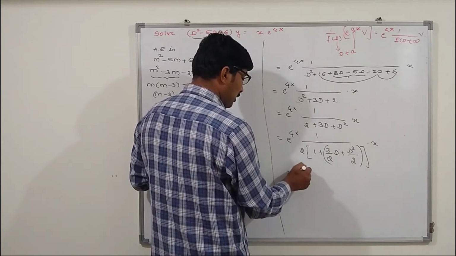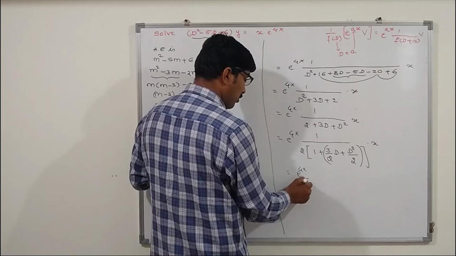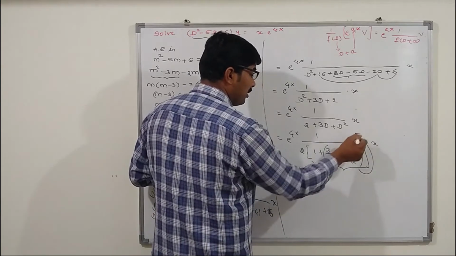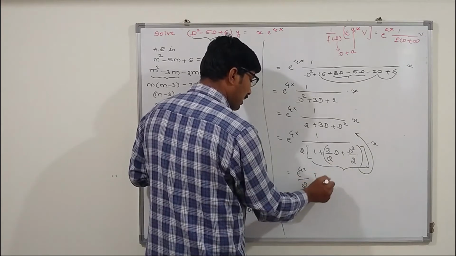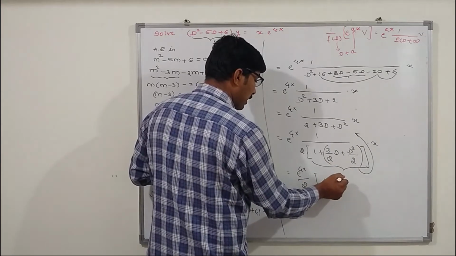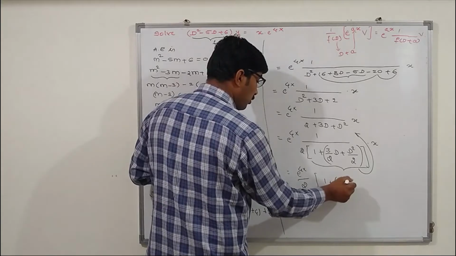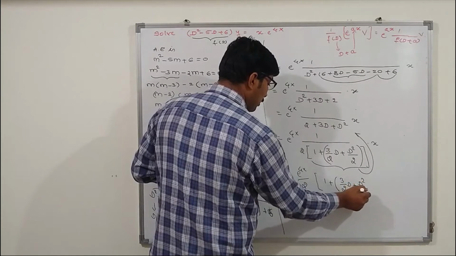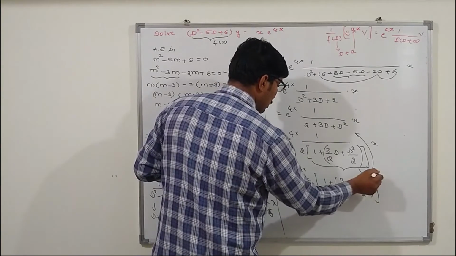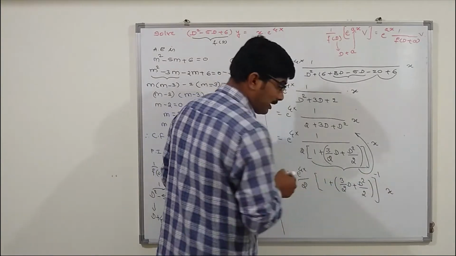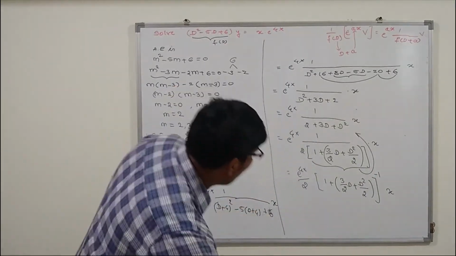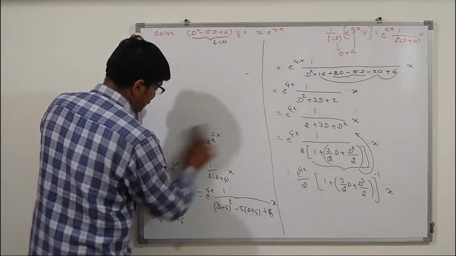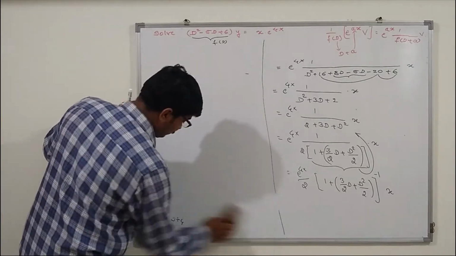This is equal to e raised to 4x divided by 2, I will write as it is. Transpose this bracket term to the numerator. If you transpose it to the numerator, you will get 1 plus bracket 3 divided by 2 into D plus D square divided by 2, whole raised to minus 1, of x. And now by using the 1 plus x raised to minus 1 formula, you can expand this. So that is equal to,